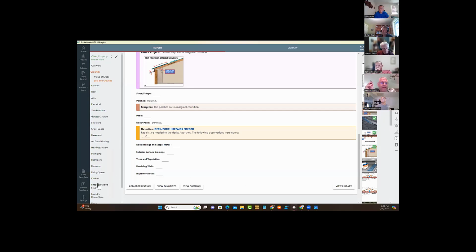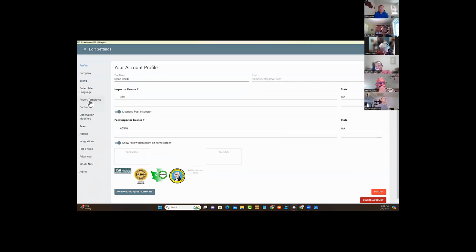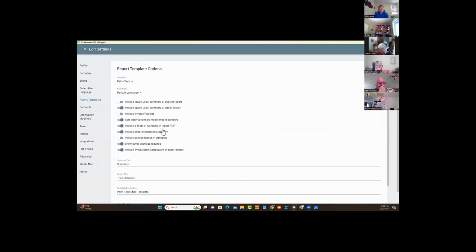We'll get on to your next part. So are you guys seeing the back end of Scribeware again? Yeah. Cool. So you go under settings and report templates, and we have